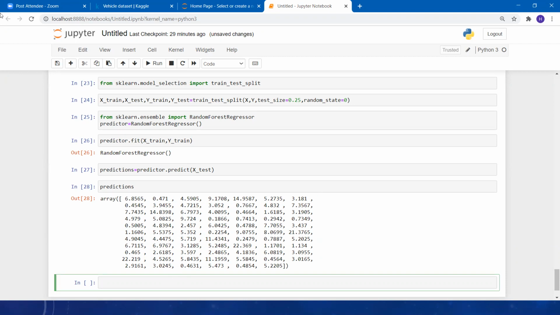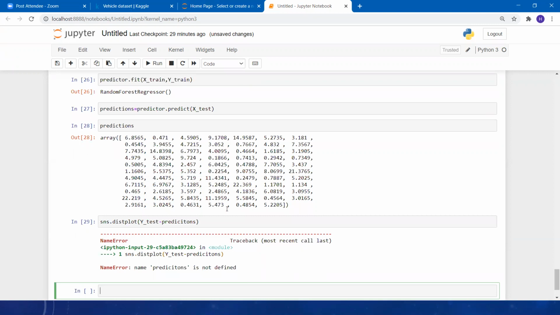Okay, let's see whether it is following or not. For this plot, we are going to just subtract our predictions from the actual data over here. Okay, there is no predictions.